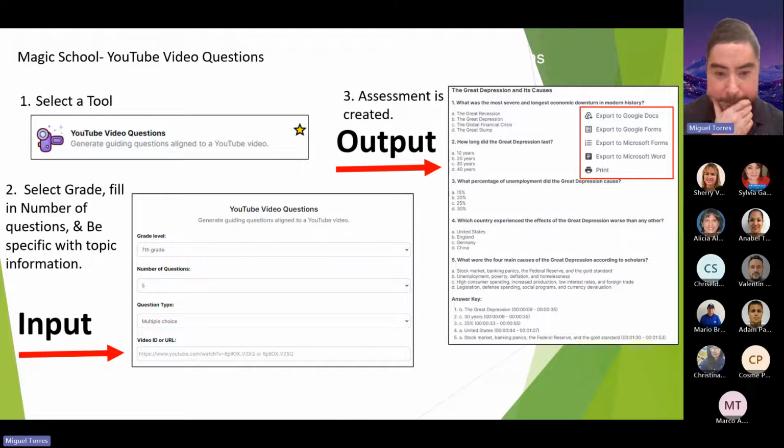Maybe you want to export it on the right side, on the output, as a Google Doc. So while you're showing a documentary or something, the URL that you input has already generated those questions on the right side, and it gave you the answer key as well. Now, I just have to preface this real quick. Whenever you see the video, watch it for yourself prior to presenting, and make sure that the questions are aligned with the video and that the answers are correct. With everything to do with AI, always double check. Make sure you're doing your due diligence, because nothing's 100%, but it's pretty accurate.